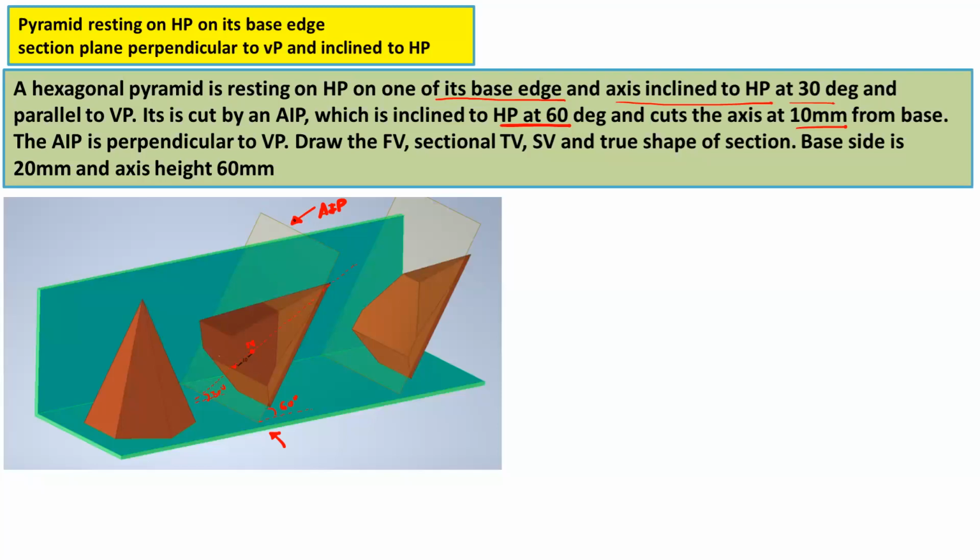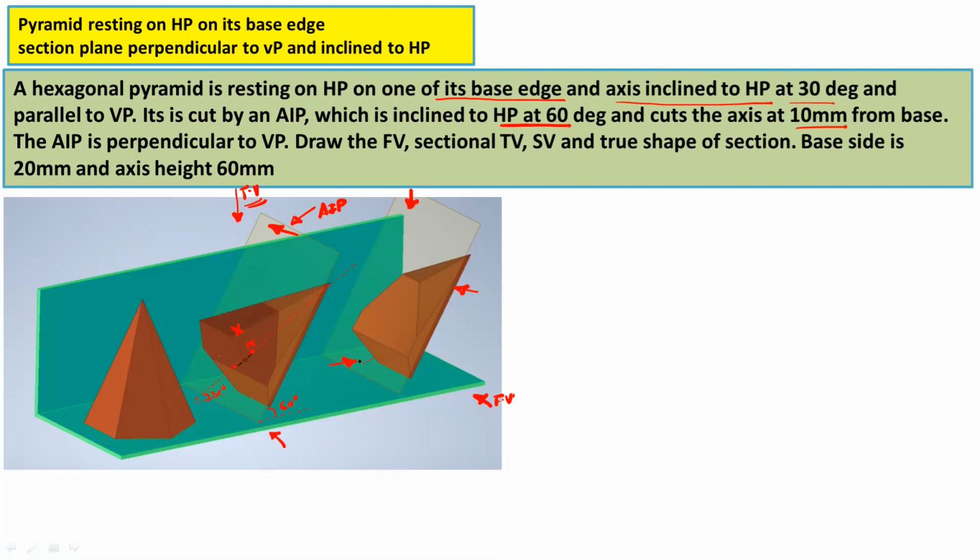After this, we will remove the portion which is nearer to the observer from the top view. So this is the top view or position of the observer. So we should remove this portion and we will retain this portion. You can observe the third image. For this remaining portion, we will draw the front view, then top view, and the sectional side view. The side view is visible from the left side. And then we will draw the true shape of this section.